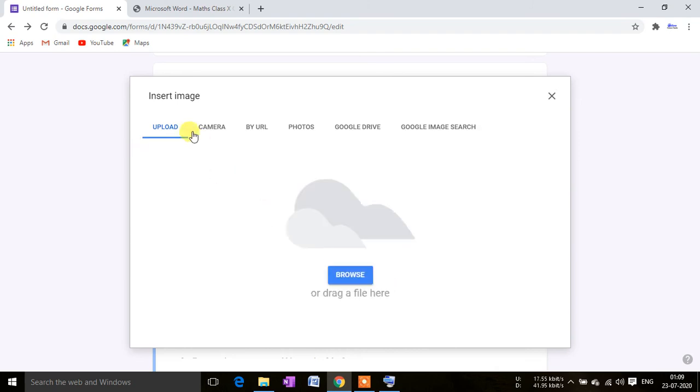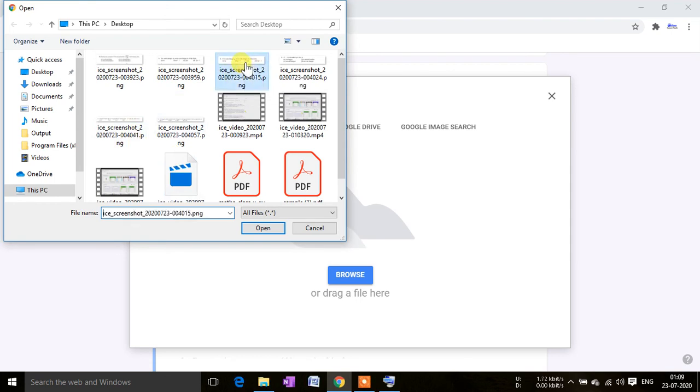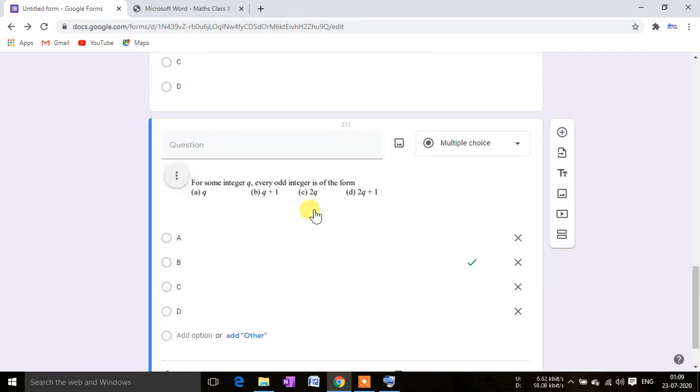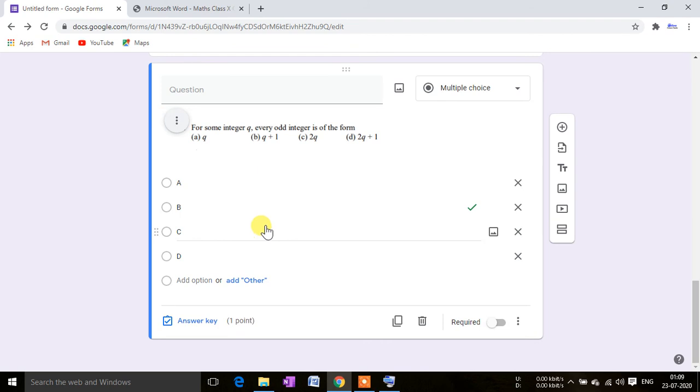So it will take very little time, even if you are not a typing expert. But if you are good enough at typing, then it will be better to type the questions rather than uploading them this way. Okay, but if the questions are not already written somewhere and you cannot take a screenshot, then you may write them on simple paper. Sometimes the symbols of mathematics are very difficult to write here, so you may copy these questions from somewhere or take a screenshot, and I suggest you take the screenshot, as it will help you much better. Okay, so in this way a question is created.